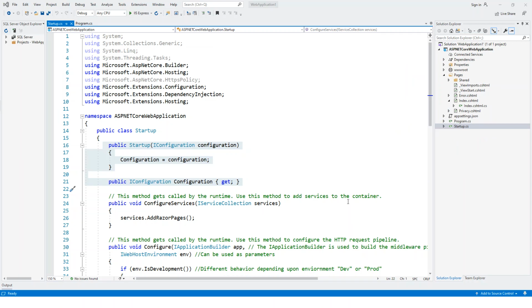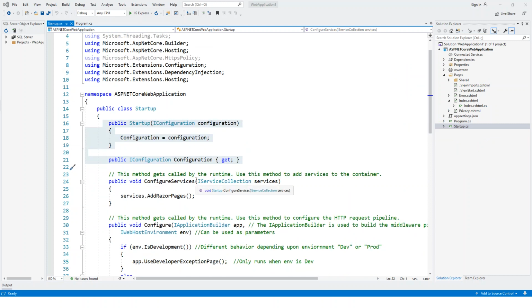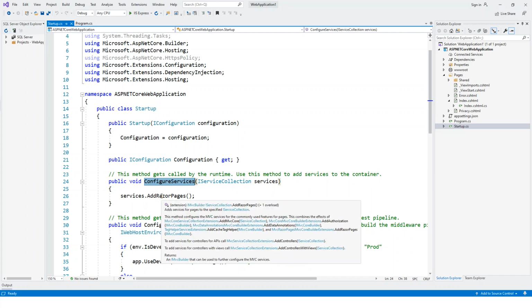Now back to the startup class, and we can see that we have this ConfigureServices method which is adding dependency injection, which I just told, and we'll be covering only this ConfigureServices method in this lecture. Okay, and see it is allowing the addition of AddRazorPages. So this is a service, this is a framework based service.